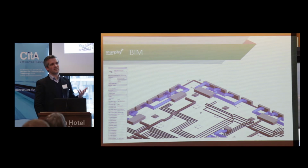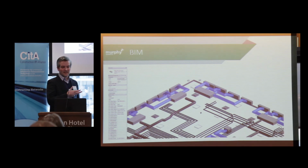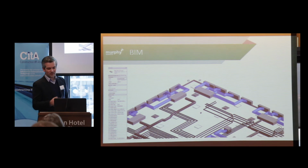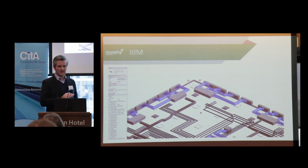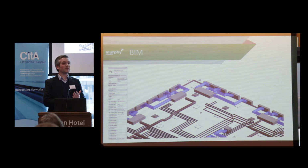It's like the old, I always refer to Microsoft Access. When that came out, everyone was all about this database system. It's only as good as what you put into it. And you can talk about information modeling and how great it is, but you have to input that data. It costs money to input it, and as Robert touched on, if it's not in the bill of quantities, the client probably will shy away from